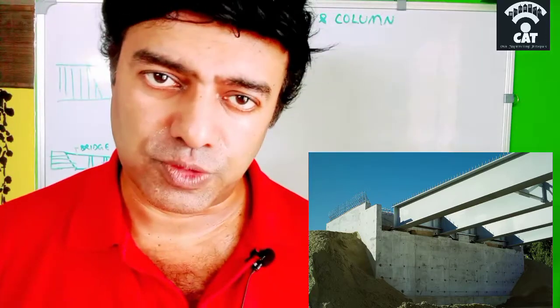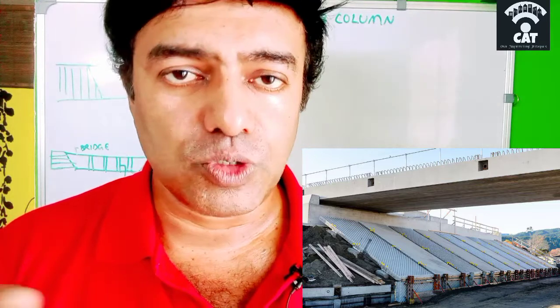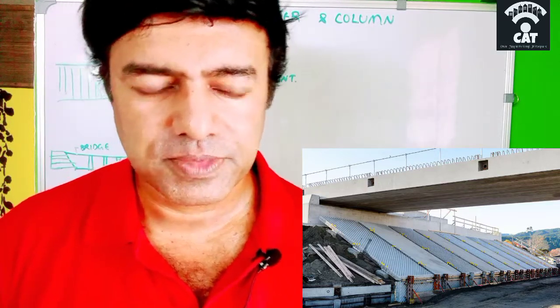An abutment is the structure which we make to support the embankment of a river, and it also takes the vertical and horizontal load of the bridge and the load coming on the side of the abutment. It can be made of rocks, or in some places it may be earth itself and nothing else, only the earth, and in most cases it can be made up of